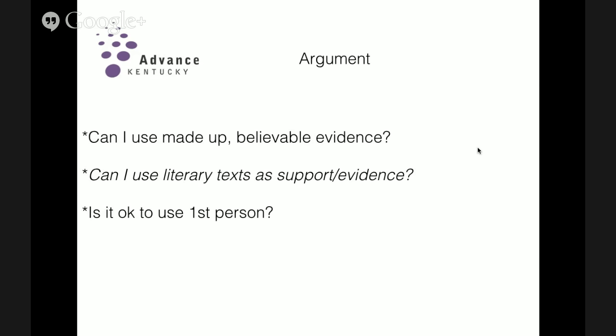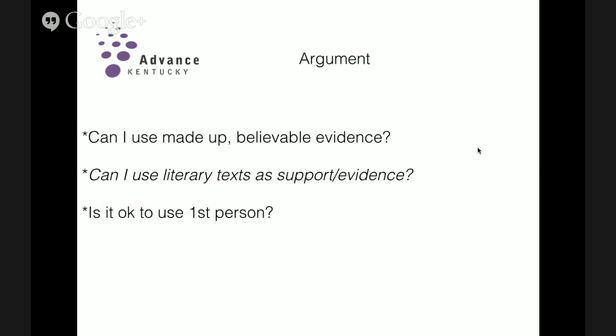Number one, it's very hard to make up believable evidence. It's very difficult to come up with something that the reader doesn't look at it and go, yeah, right, okay. That being said, I don't think anybody's going to track you down and try to look for proof, but you're taking a risk when you try to do that. I think that most students have lots of experiences and many things that are true that can be used for your argument. So I don't recommend making up believable evidence. And that's all I'm going to say about that.